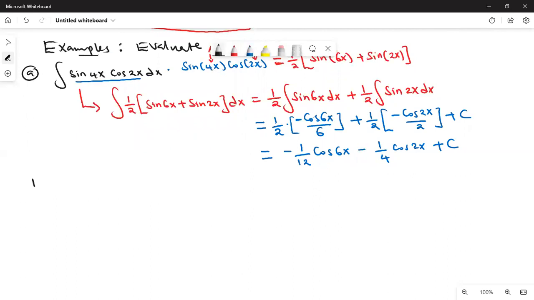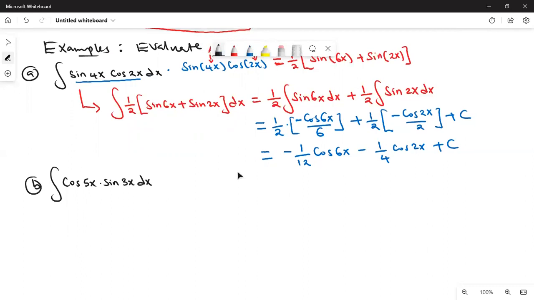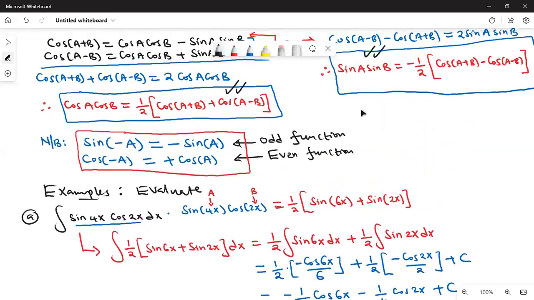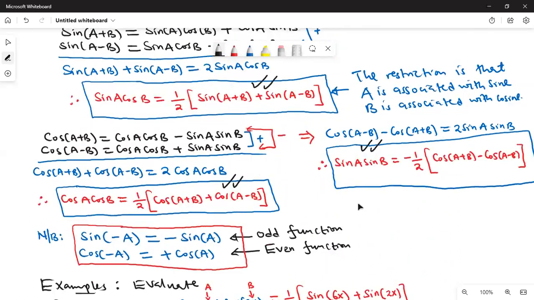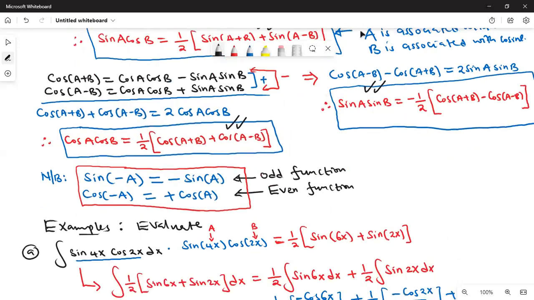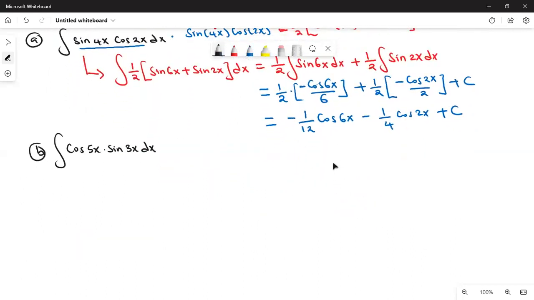Another good example is this. You want to integrate cos 5x times sine 3x. Cosine of 5x times sine of 3x dx. Cos A sine B, or sine A cos B. Look at our identity. Our identity, where we have product of cosine and sine, we said sine A cos B. That is the identity we are using. So this can be written as,